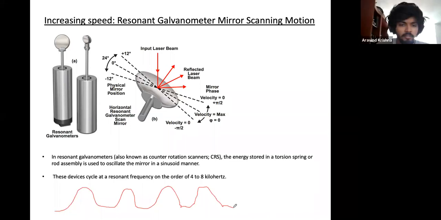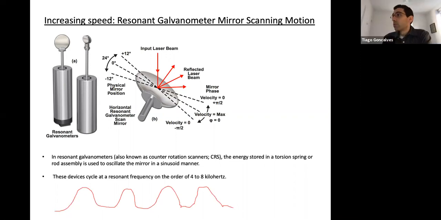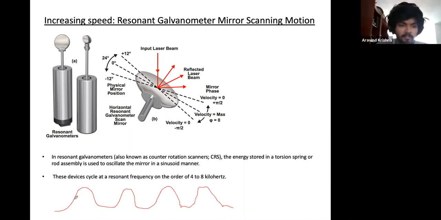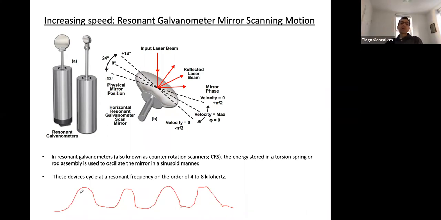At no point are the mirrors stopping at a single point. They never do, not during the scan. You always collect when the mirrors are in motion, and the amount of time spent on each angle is very different. Exactly, that's exactly the point. So this poses a problem, because you want to be in the area that is approximately linear. The problem is when